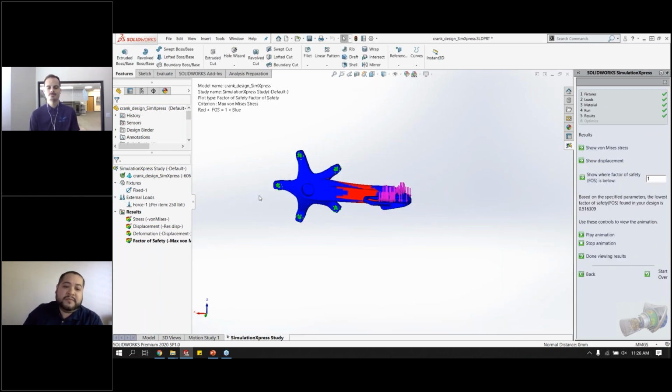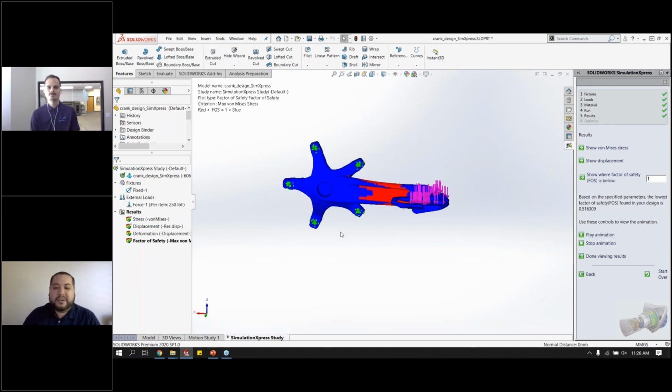And the first plot that you see here is factor of safety. And you see that there's a lot of red there. Red is bad in this case, right? Really what that means is it's showing you up against a minimum factor of safety of 1, which means that in those red areas, it fell below a factor of safety of 1, where it wasn't able to withstand the given load that you applied, where it should present some sort of concern where you may want to do some sort of design change. If you saw that the entire model was blue and well above the factor of safety of 1, that means that not only can it withstand that load that you applied, but that many times more,